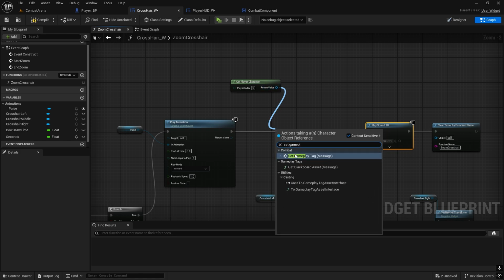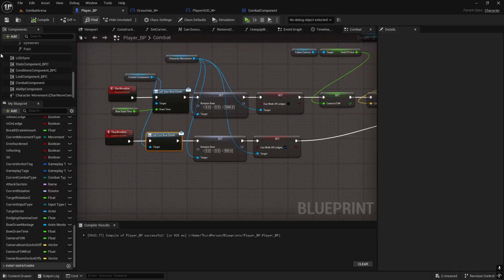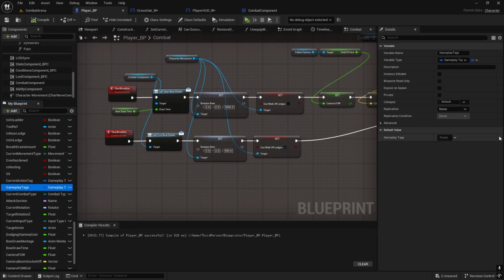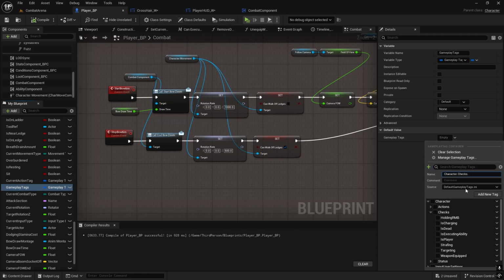Yeah, set gameplay tag message. And let's go back to player. We need to create one. So in gameplay tags, under character and checks, we're going to add a new one, and this one will be character.checks.can fire arrow. Add this tag,